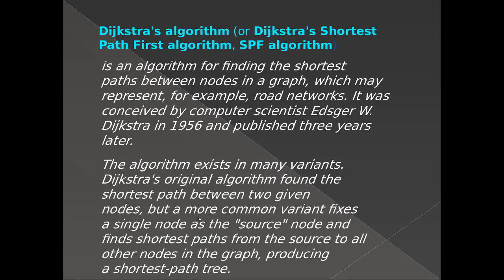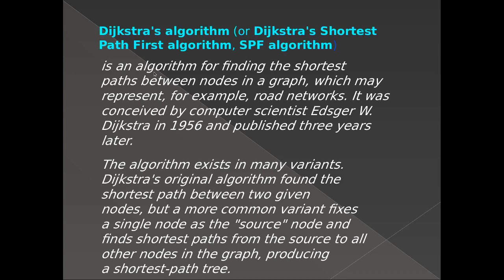Next page. The Dijkstra algorithm is given a source vertex in the graph and finds the shortest path from the source to all vertices in the given graph. We maintain two sets. One set contains vertices included in the shortest path tree. The other set includes vertices not yet included in the shortest path tree. At every step of the algorithm, we find a vertex which is in the other set and has a minimum